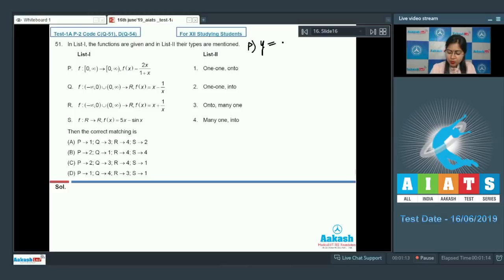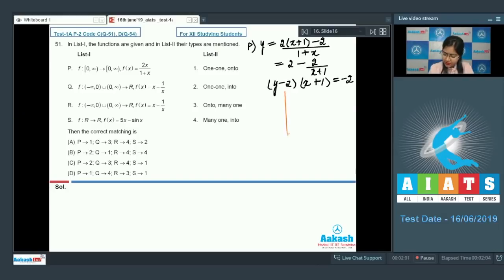So y is equal to 2x. x can be written as x plus 1 minus 1, so y equals 2 times (x plus 1 minus 1) divided by (1 plus x). So this is equal to 2 minus 2 upon x plus 1. So we have (y minus 2) multiplied with (x plus 1) equal to minus 2. So if we plot its graph,